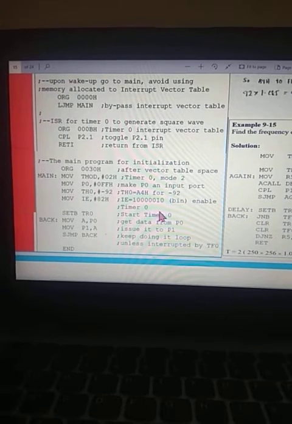Now come to the main program. Here you have loaded TH0 with the minus 92 value, or A4H. Since we are dealing with mode 2, there is no need to send the value directly to TL0. Rather, a copy is transferred from TH0 to TL0, as in our previous discussion. So internally the TL0 value will be A4H.